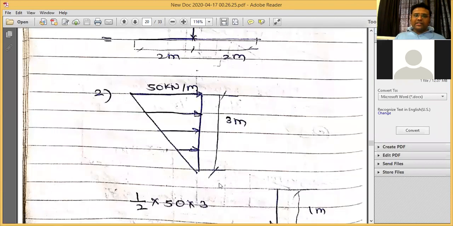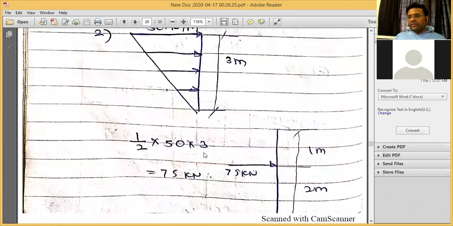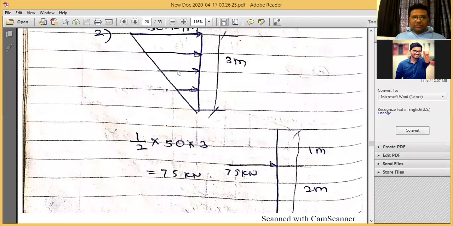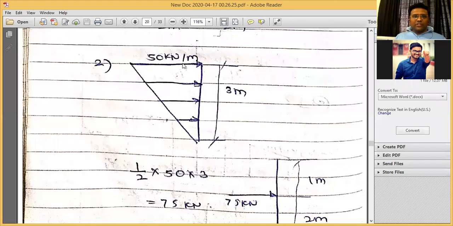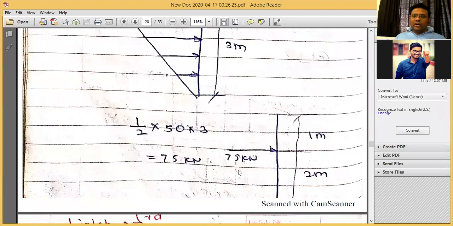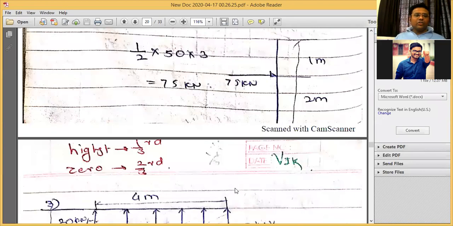This is a triangle. Generally in soil we calculate the earth pressure. So for the earth pressure diagram, converting it to a point load is done in this way. So in this way the intensity of this particular load is 50 kilonewton per meter acting at 3 meters. Again, the only change is that it is acting in the horizontal direction, not in the vertical direction. So according to the direction, you should apply the intensity of the converted load.